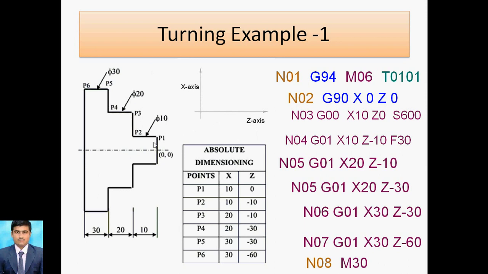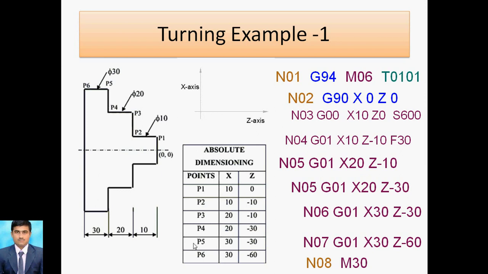So here again I repeat, G94 for absolute programming setting. G90 is absolute programming, and here we have to mention X in terms of diameters. So X is the diameter, and Z is this distance, that is nothing but the length of this job. Since the point we are taking is on that side, Z is calculated on the negative side. That's why Z is indicated in a negative manner.